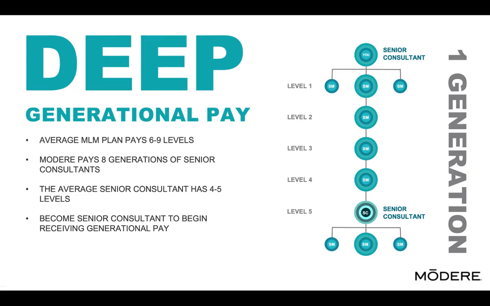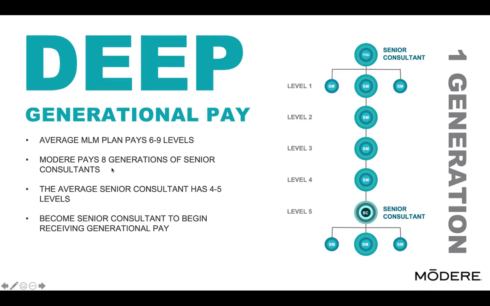Well, sometimes what happens as you build networks is that maybe someone here on your fifth level is actively building. In other words, maybe it's not this person specifically, it's this person clear down here. In a traditional compensation plan, the average MLM plan pays 6 to 9 levels. Well, that means that this person's on your fifth level, so you're only going to pick up 1 to 4 levels of their organization, in other words, their ability to earn commission on their teams.